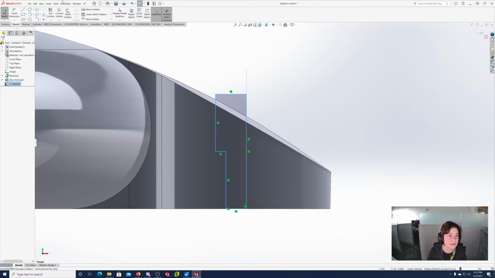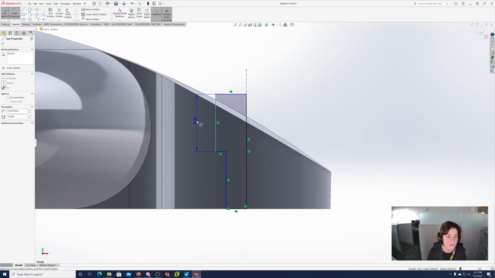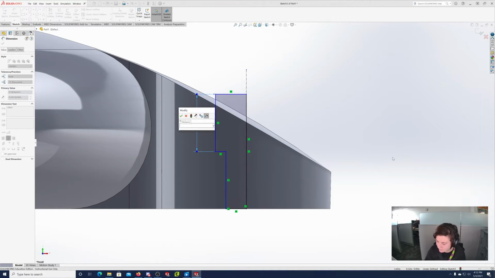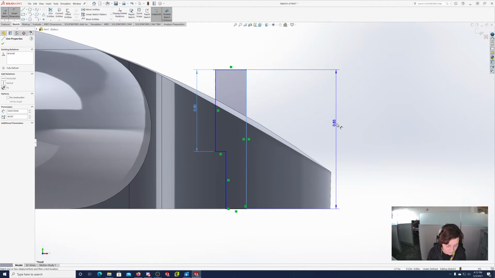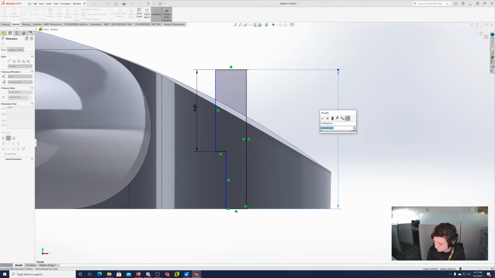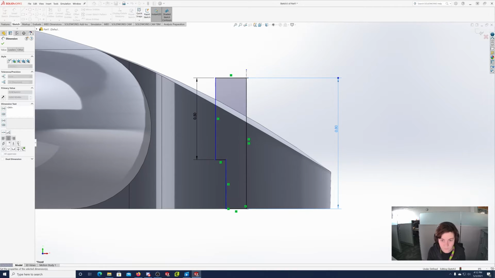All right, so let's do that dimension last. So we're going to do smart dimension. And this is going to be 0.5. And then the overall height, so this other line here, is going to be 0.8. And then